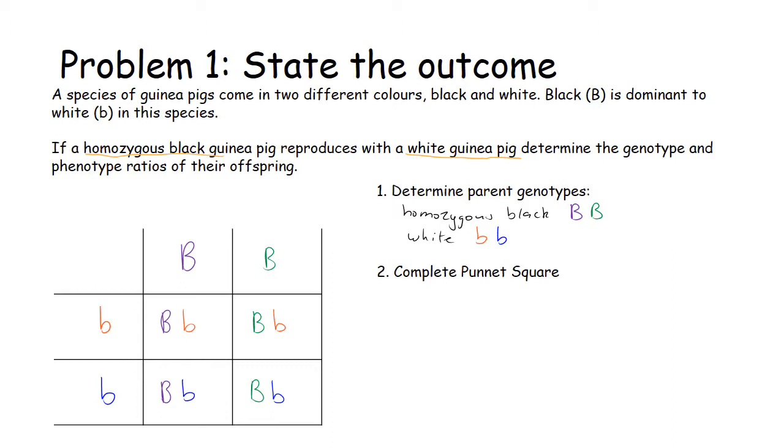Now, we've completed our Punnett square. We're going to do our genotype and phenotype ratios. Now, the genotypes here, as you can see, all four sections of the Punnett square are giving a heterozygous genotype. So our genotype ratio here is pretty straightforward. It is 100% heterozygous. Now, when stating the genotype ratio, you can either describe it as the letters or you can describe it in words. So you could in fact write this as 100%